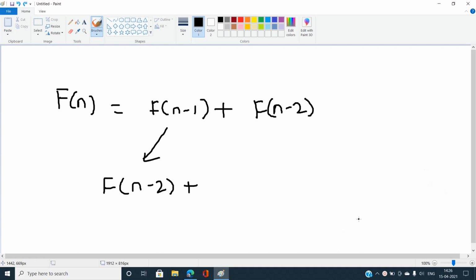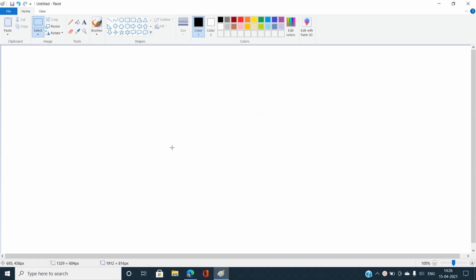Basically you have to maintain an n-size array, and for every n you write f of n minus 1 plus f of n minus 2.